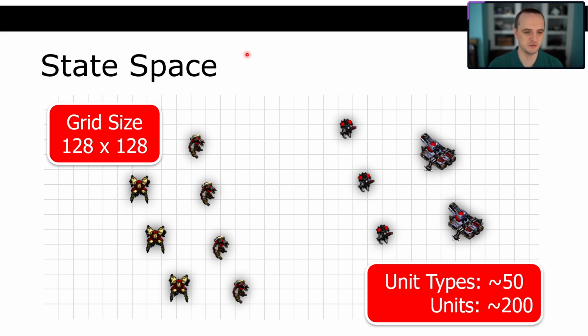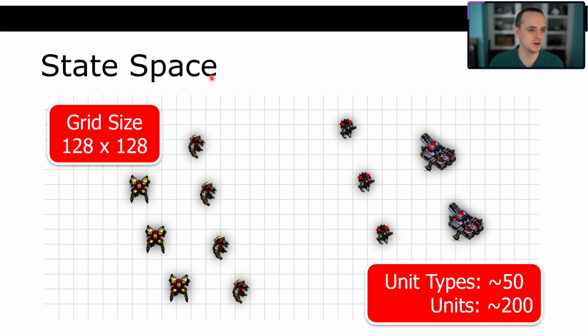that could all be on different parts of the board, and you've got a state space for chess that's like 10 to the power of 140 or something crazy. It's just like a gigantic state space. But StarCraft blows every other game out of the water in terms of its state space size.